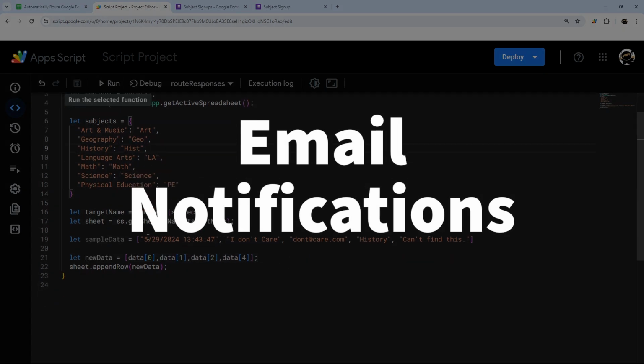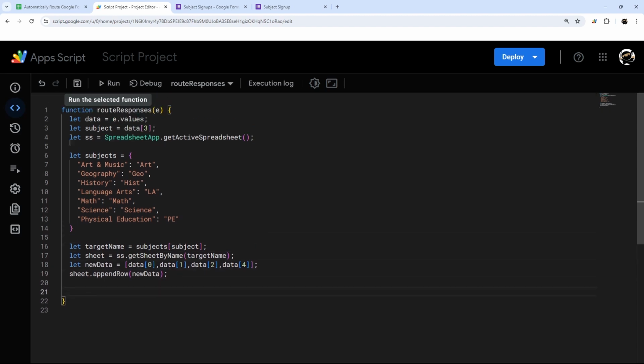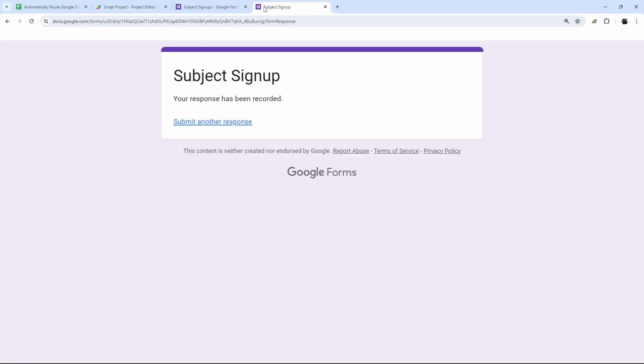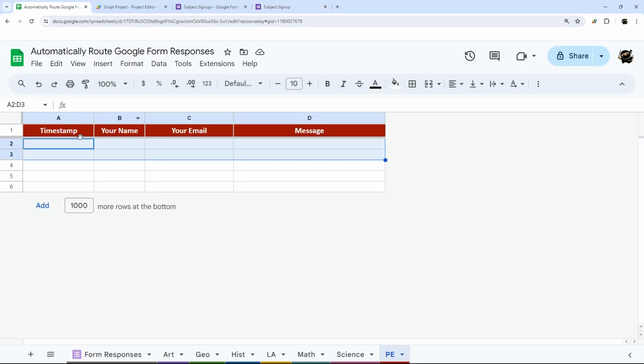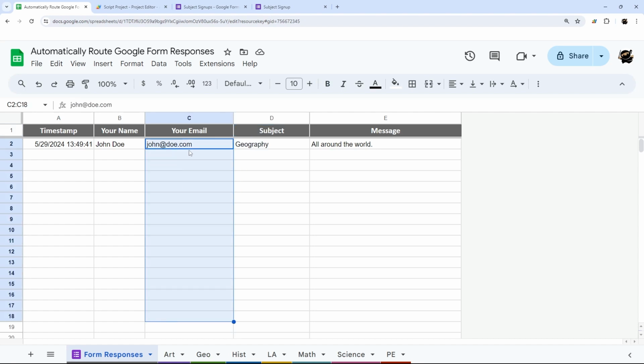All right, so let's do the email notifications. So let's get rid of the sample data real quick, get all ourselves cleaned up here and ready to finish this up. So email notifications. We got two different email notifications we could do. So we are capturing the emails in this data, for example here. Obviously these are fake emails. So there's two different options that we could do for these emails. Well, I guess there's more than two, but we're going to focus on two. So one is sending an email back to the